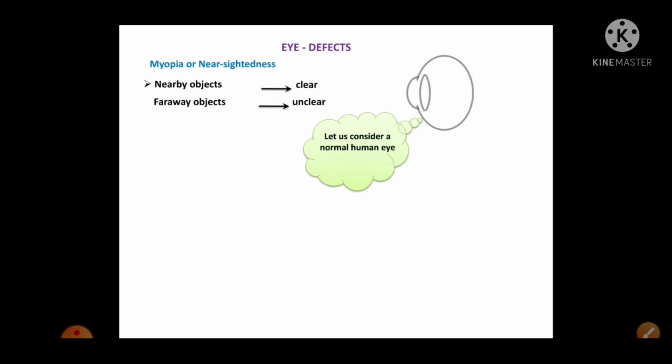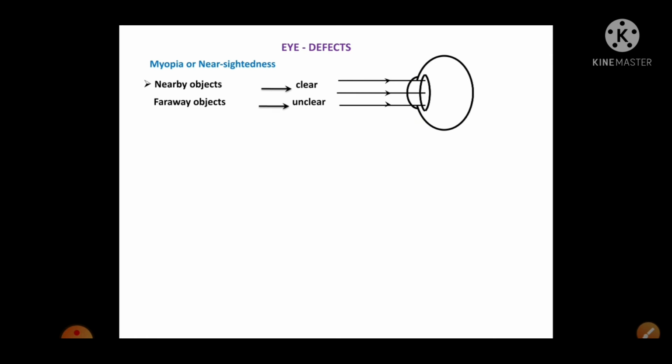Now let us consider the normal human eye first of all. Now how does the normal human eye में किस तरह से rays form होते हैं, that we have seen. Again we will see in this way. The image is formed on the retina, right? Now let us consider the myopic eyes. Now if some person has this myopia, तो उसमें इमेज किस तरह से फॉर्म होता है वो हम लोग देखेंगे।